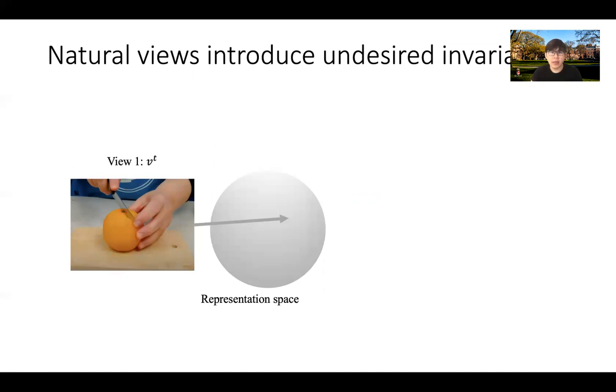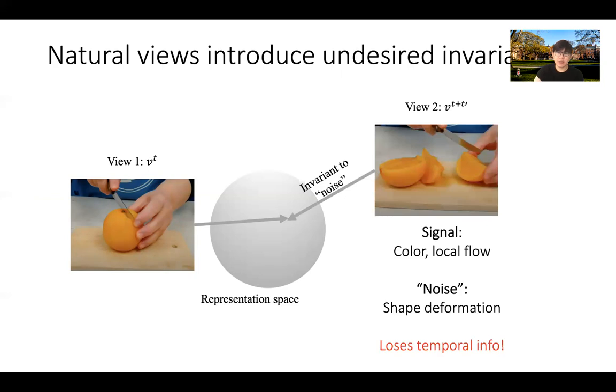And another thing that I'm interested in is learning across time. Because when we're trying to learn across time, we are facing an issue: for example, there is an orange and a sliced orange that differ by delta t in the same video. And if we do the standard contrastive learning, the natural views, view one and view two, are motivated by our training objective to be invariant to the augmentations we apply. And sometimes such